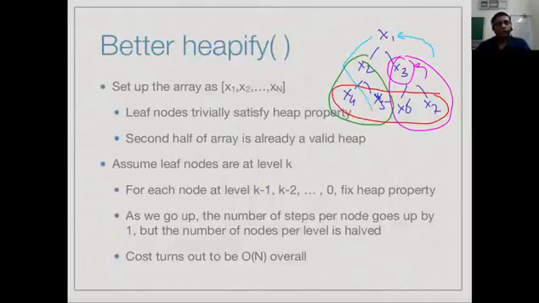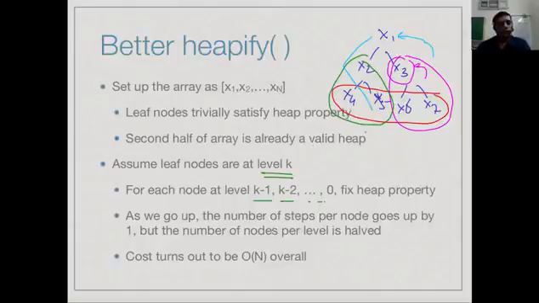So for each level k minus 1, k minus 2, where the leaves are at level k, on up to the root, we fix the heap property. As we go up, fixing the heap property means walking down, like we did for delete max, to the leaf. So each level we go up, the length of this path increases by 1. But because the levels double as we go down, they halve as we go up. So the number of nodes for which we have to check this extra length path goes down by a factor of 2. Now if you do the analysis, which we are not going to do exactly,